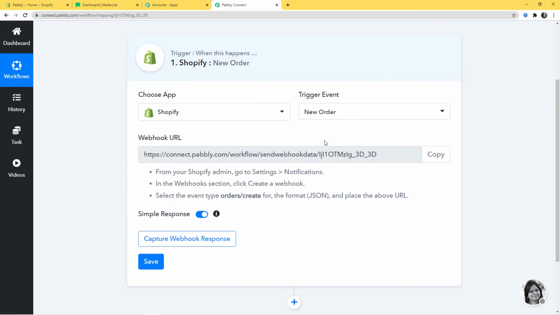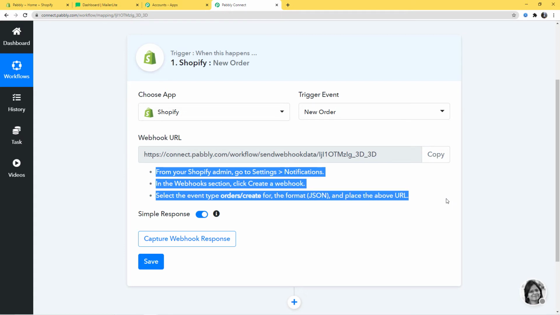So now when you come down here, you can see this term called webhook URL. So webhook is an essential way to get data from an external software at Pabbly's end. So this webhook helps you to build a connection between the trigger software application and Pabbly Connect. So here after choosing the app and choosing the trigger event, what we do is we copy this webhook URL from here and we go and paste it inside the trigger software application, which is Shopify over here. Okay, so now you can see the instructions are written over here. You can just follow them carefully.